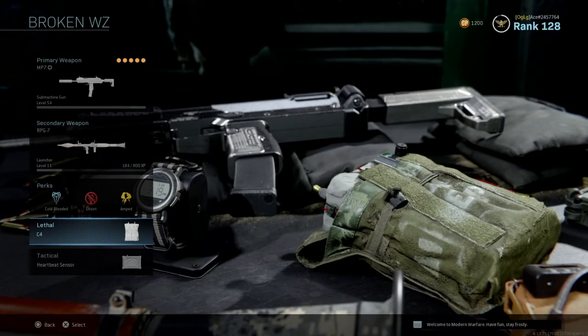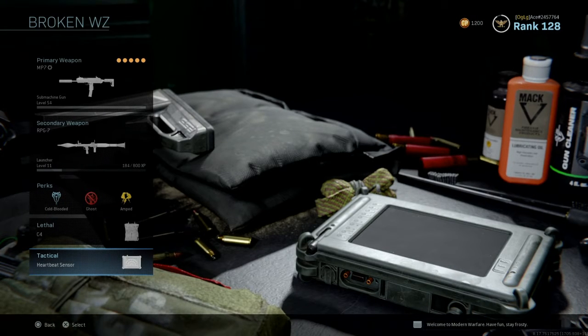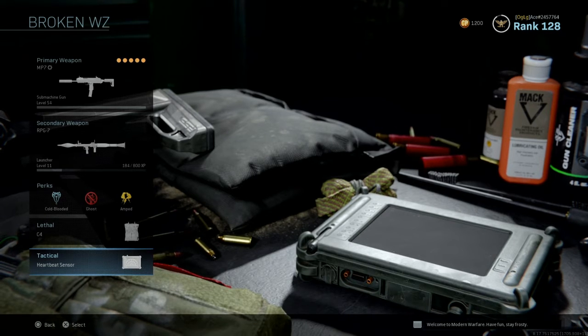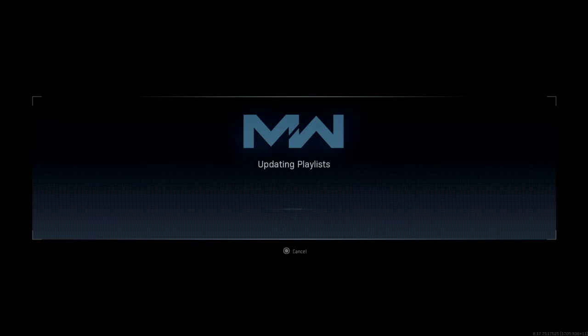Now in any Warzone class, you're going to want to run a heartbeat sensor. They're that good. In multiplayer, they're not really useful, but in Warzone, they're extremely useful because it will show you enemies' locations near you, as long as they're not running ghosts, which...